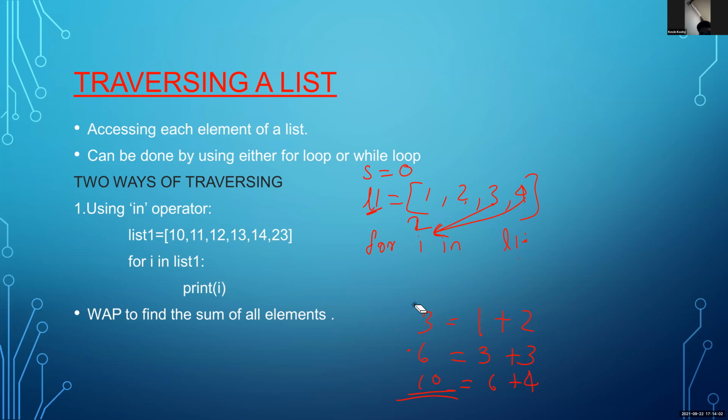Ma'am, only with the statement S equal to S plus I, the whole thing will come, right? Then the print statement is also there. Okay. S is equal to S plus I. Then you want to give a print statement like this, print S. So if S is equal to S plus I, at the start we are giving a 0 value to S. S is equal to 0 means we are initializing this S with 0.